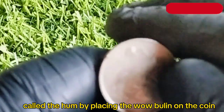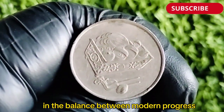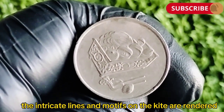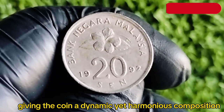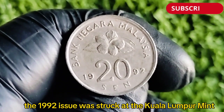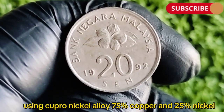By placing the wau bulan on the coin, the designer celebrated Malaysia's living traditions and the balance between modern progress and cultural heritage. The intricate lines and motifs on the kite are rendered with fine engraving, giving the coin a dynamic yet harmonious composition. The 1992 issue was struck at the Kuala Lumpur Mint, using cupro-nickel alloy, 75% copper and